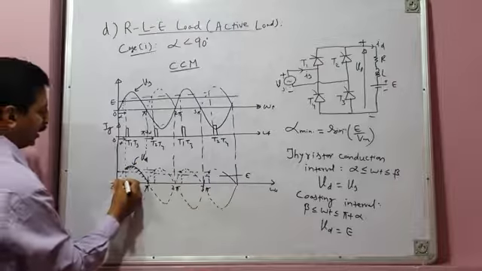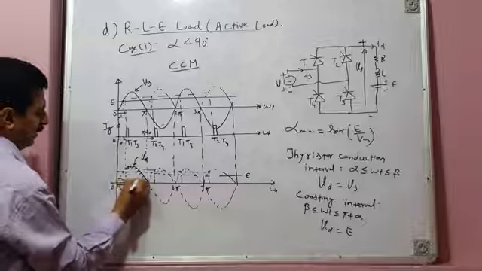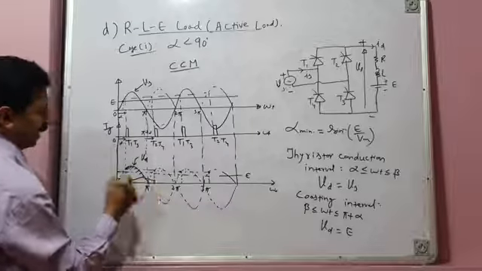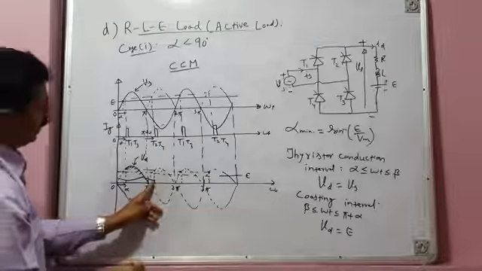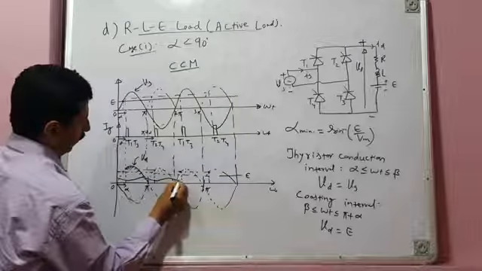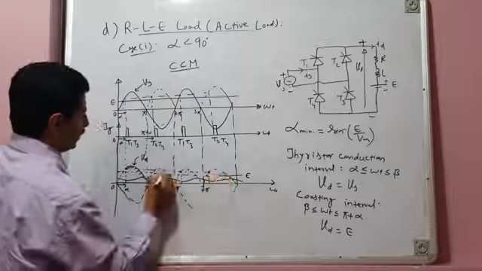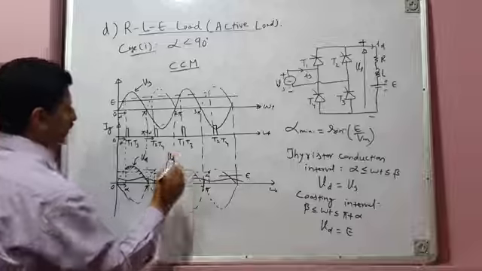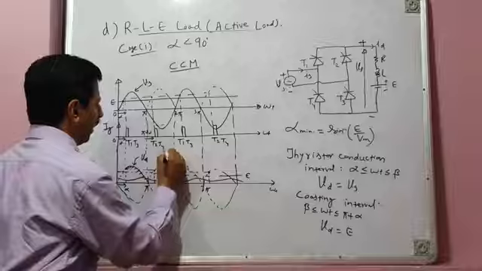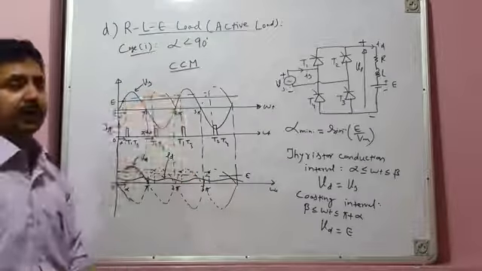So this is your load voltage VD. And what will happen to the current? Let's assume current is continuous. Previously also current was flowing. It reaches maximum value somewhere here, and then it decreases. But it does not become zero at beta. It continues till next instant of firing. And when next firing takes place, it again rises and falls. So that means current is continuous. This is your load current waveform, ID. So it is continuously flowing. It is not becoming zero at all. So we are considering continuous conduction mode of operation.